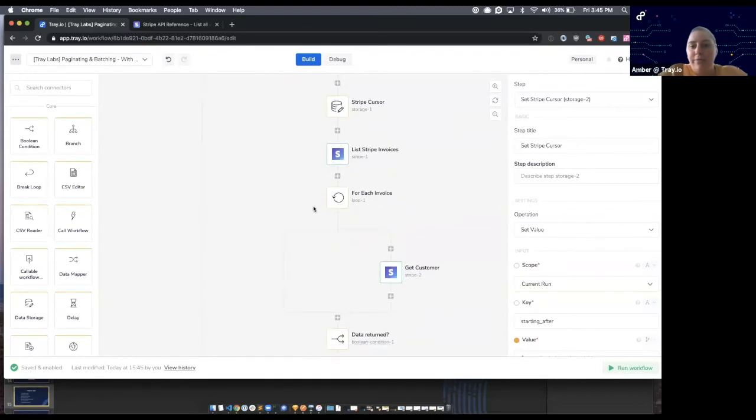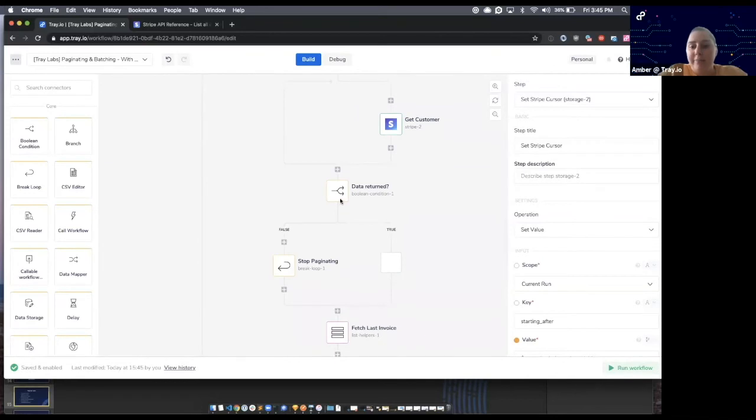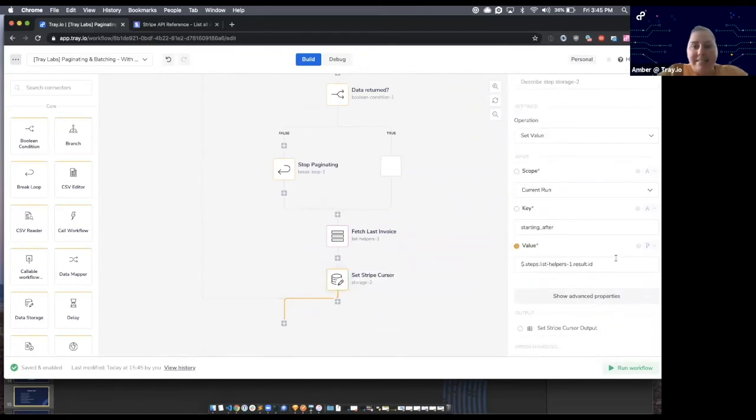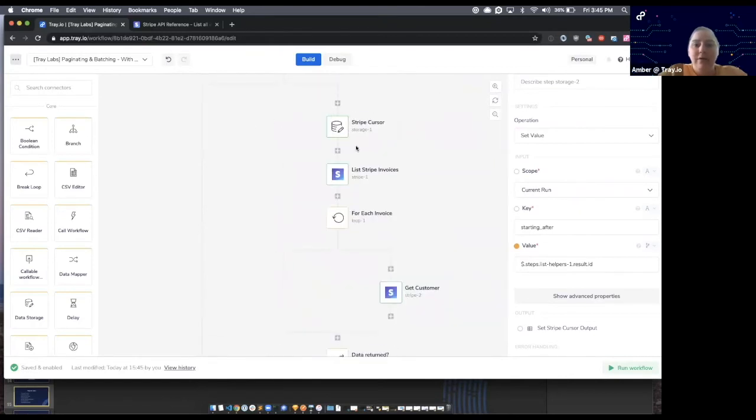We're going to loop through each invoice and get each customer. Check if data is being returned. If data was returned, we're going to fetch the last item in the list of invoices. Then from that list of invoices, we're going to grab the ID of it. That ID is going to be used for the next cycle around on to the next group of records that